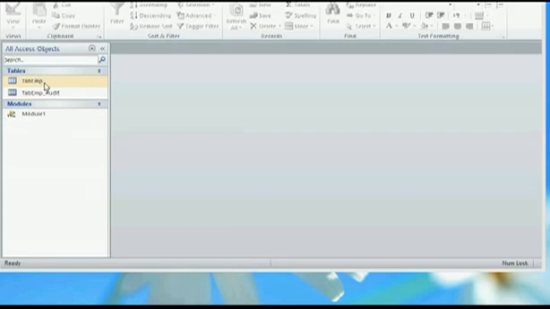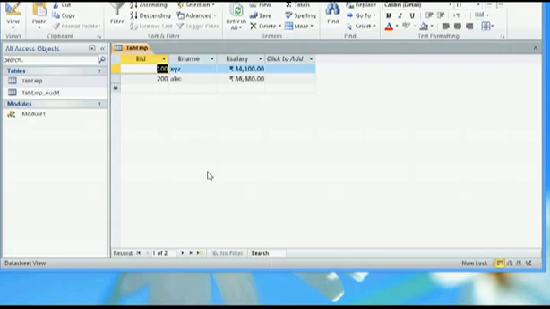I have two tables, tab EMP and tab EMP underscore audit. My idea is, once I edit some record in tab EMP, that should add a record in tab EMP underscore audit table. So how exactly does this happen? Let's open tab EMP. In tab EMP I have two records,